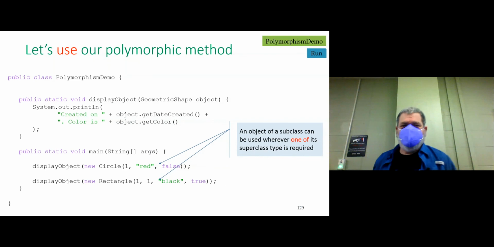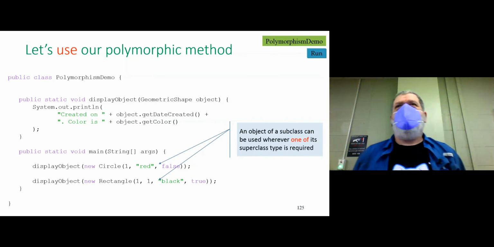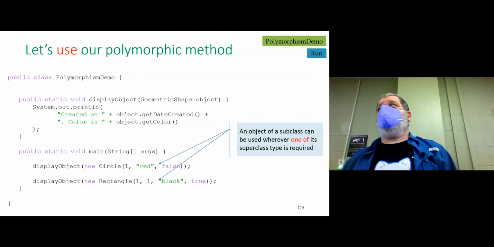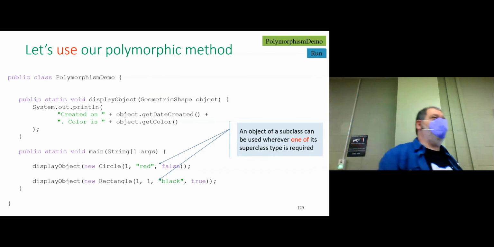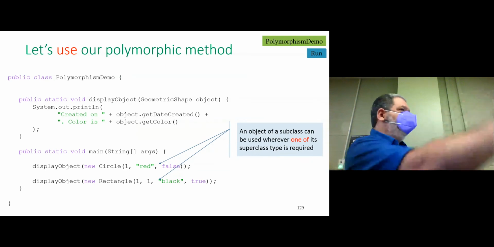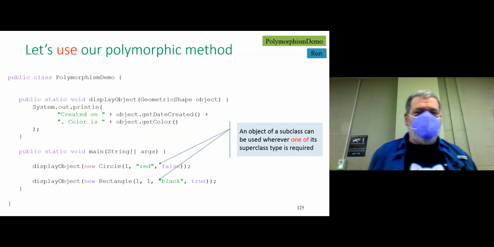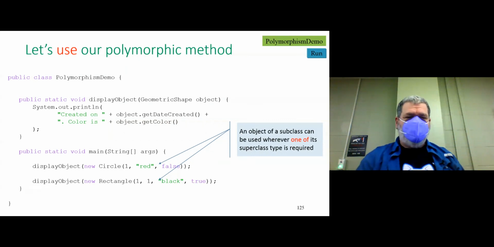Here's the main. I call display object twice. And I'm going to create an object and pass it immediately as an argument. I'm not even saving the reference in a variable. I'm just creating it on the fly, calling the method, giving it that reference. So what we have here is display object, and I call, let me get the laser pointer here real quick,